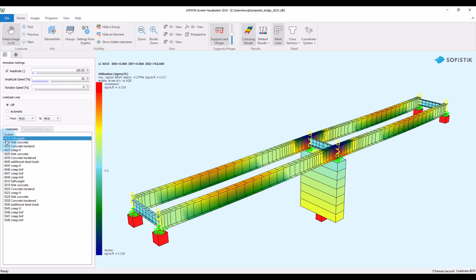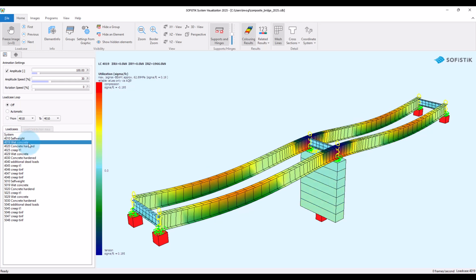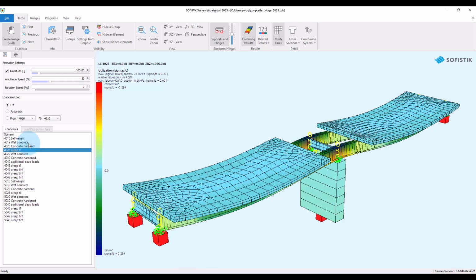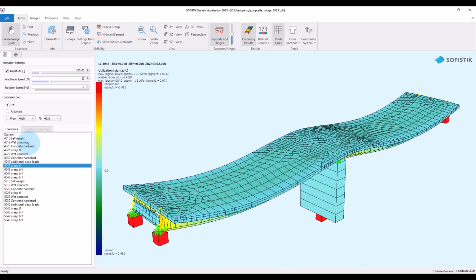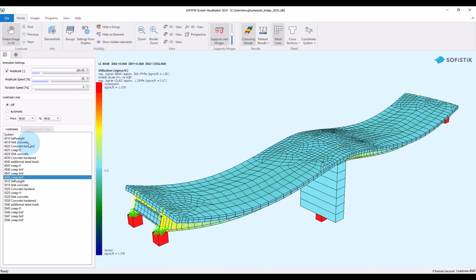So you can see 4010 is what happens in construction stage 10, then 4019 is what happens up to construction stage 19, and so on. So here we see we get some loads from the wet concrete, the concrete hardens, we have some creep, some concreting at the support, then this concrete hardens, we have the additional dead loads, and then further creep and shrinkage. Okay, looks like what we would like to have.